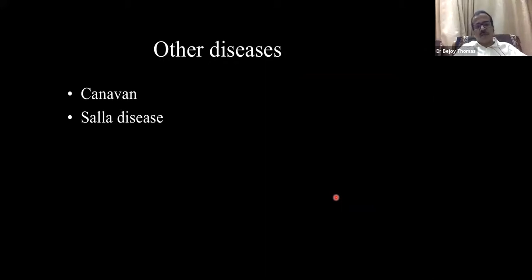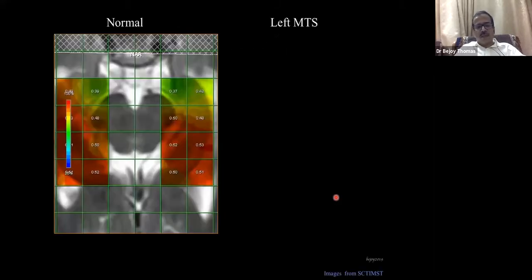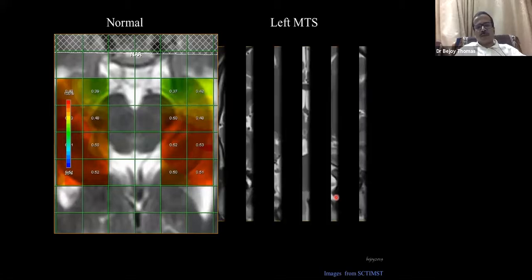Canavan is probably the only condition where the NAA is actually increasing. In Salla, because of the sialic acid increase, you see an NAA-like peak. So because of the interest of time, I will finish in another 5 minutes. I will not go into the details of the research sequences. Spectroscopy may be useful